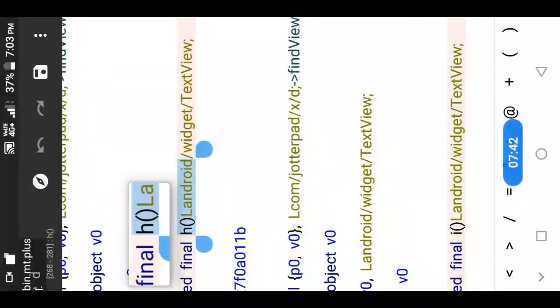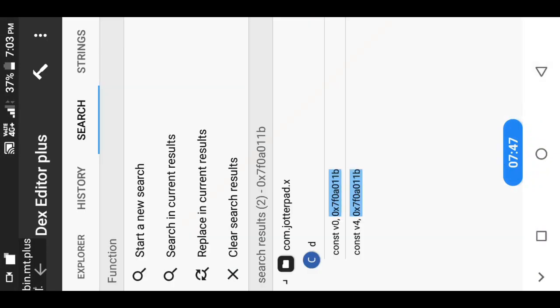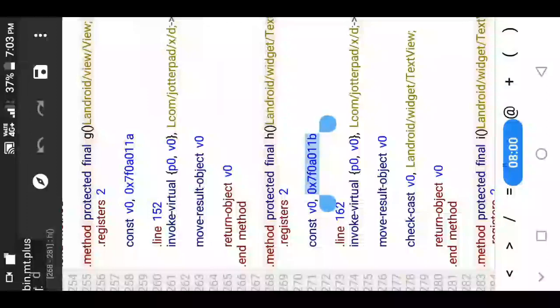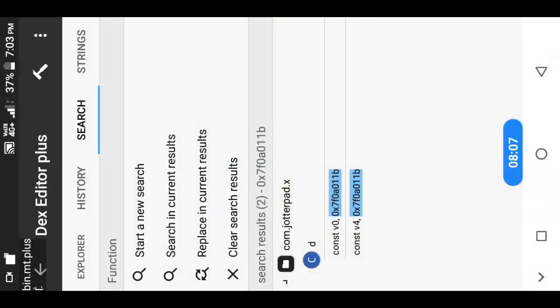Again you can find the same thing here as before. Last time it was here, now it's here. Let's search for where it is being called. Let's copy here and see what the first and second results are. It is a list of all of these, so it will be very difficult. So let's search for this first, where it is being called. I will copy the method, copy and search.